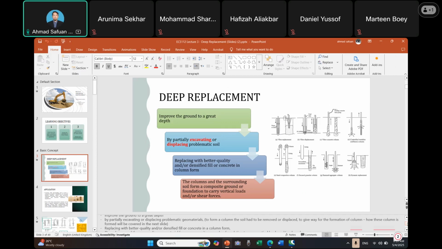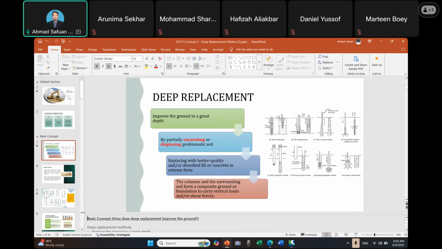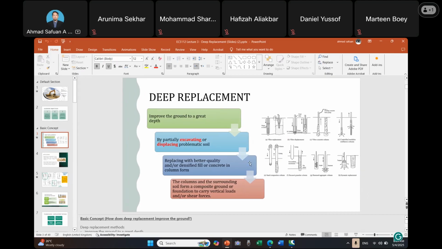We also have vibro displacement or vibro concrete columns, which involve vibrations during the installation. The idea is to densify the material during the installation,